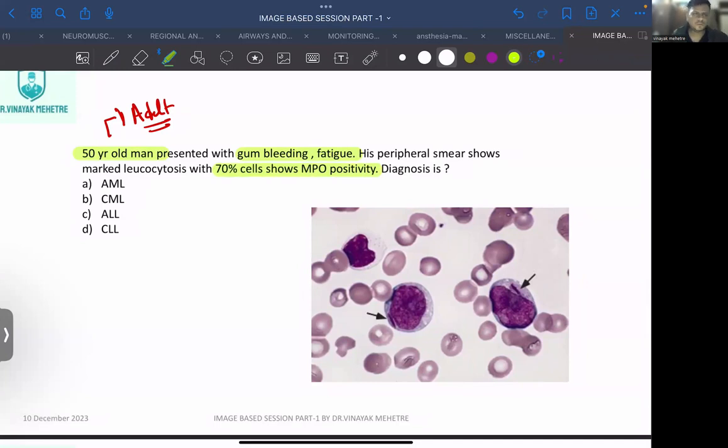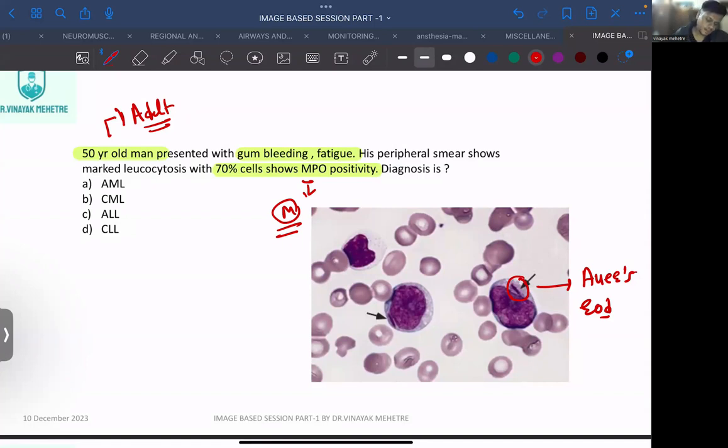Whenever you are seeing MPO, myeloperoxidase, इसका मतलब ही है the disease has to start with the name M, okay? उसके नाम में M होना चाहिए, उसका मीनिंग ये होता है, okay? So कौन सा डिसीज है, सेल का तुमने अच्छे से पहचान लिया, you know the cell name, Auer rod, correct, ये रॉड जैसा दिख रहा है, the name is AML, okay, AML, okay।